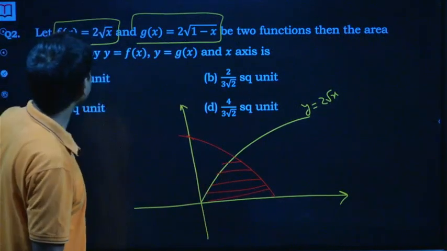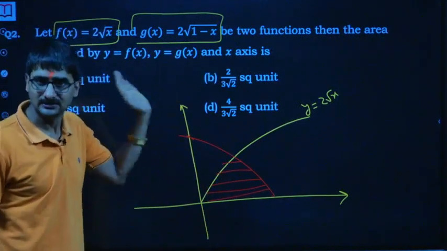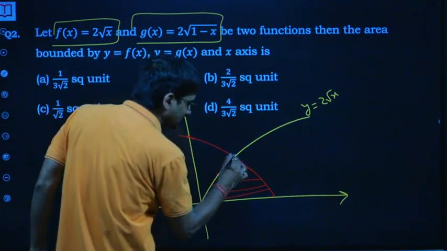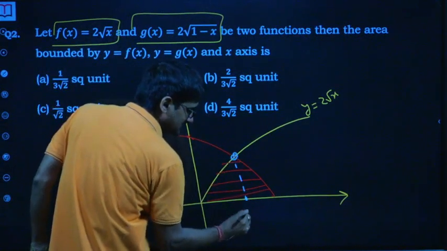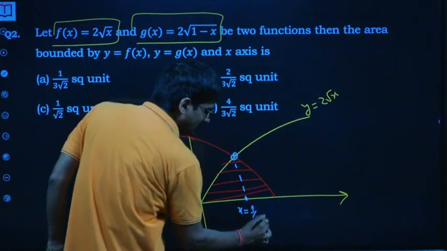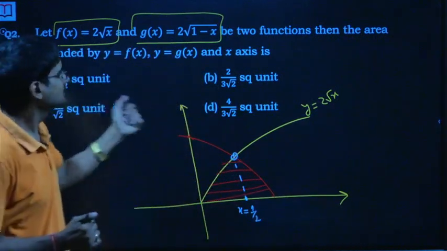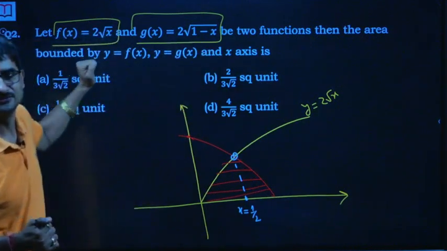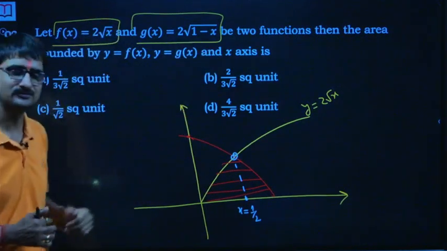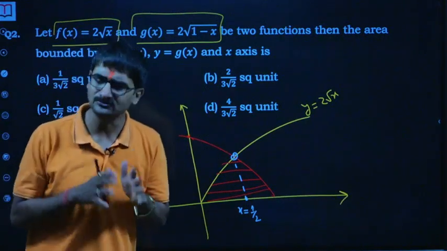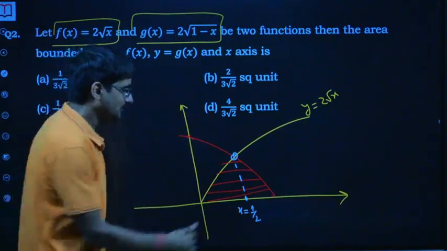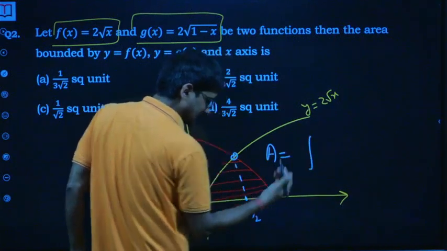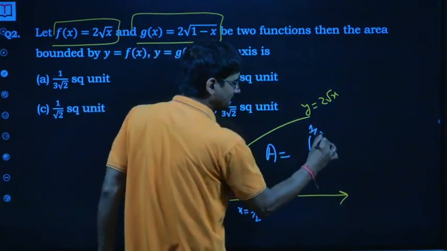So, the bounded region with the x-axis, the curve and the x-axis. Now which point is it? Of course, if I just go for it by trial, I believe it should be half. And why? Because if you put x is equal to half, you get root 1 by 2. You put x is equal to half, you get root 1 by 2, of course multiplied by 2, so you have the same value. So now if the area is simple, again from 0 to half, which curve?